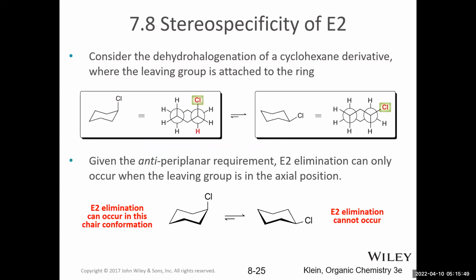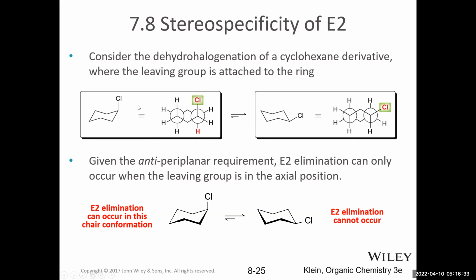Okay, let's consider when we do an E2 reaction on a cyclic structure. So for example, some terminology first. So we've been talking about E2 elimination reactions. Those can also be called dehydrohalogenation reactions. So I don't want you to get confused by this really long name here. This just basically means we are removing the hydrogen and the halogen at the same time on a cyclohexane derivative. And so we will be doing an E2 reaction which removes both the hydrogen and the halogen. Those are just two different terms that mean the same thing.